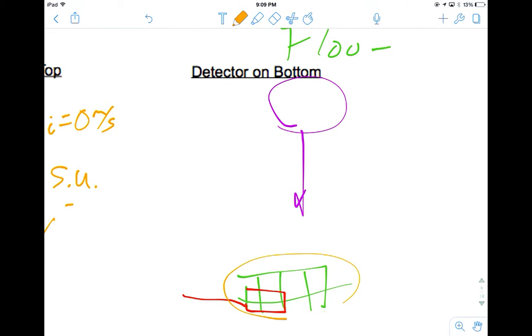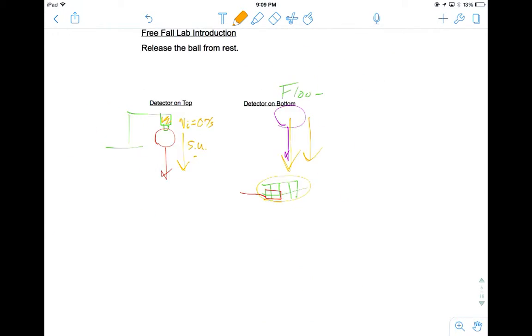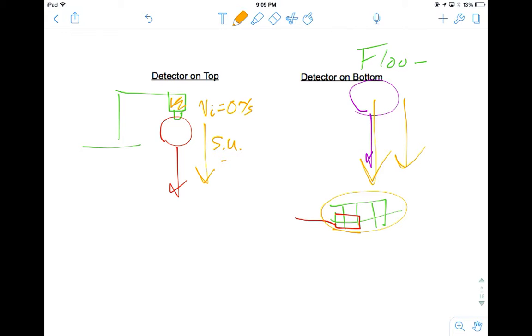Now the other setup is going to involve the detector on the bottom. You're going to have a detector actually in a cage on the ground, and you're going to be dropping balls down. Now, once again, when you drop your ball, please do not drop the medicine ball on this one. Drop only the soccer ball or kind of softer objects, softer balls. You're going to drop them down, and you're going to go and figure out how it's falling and what the rates are going to be.